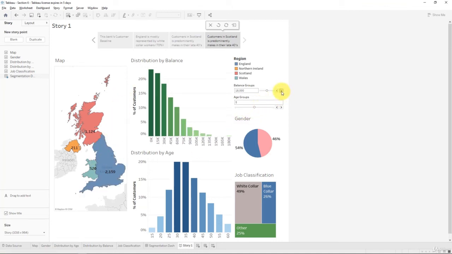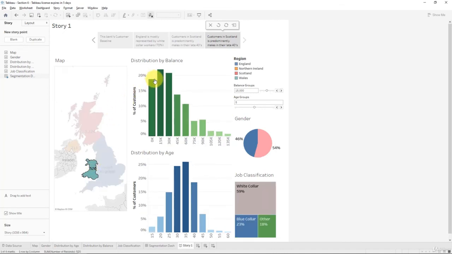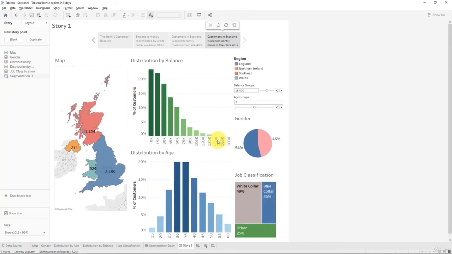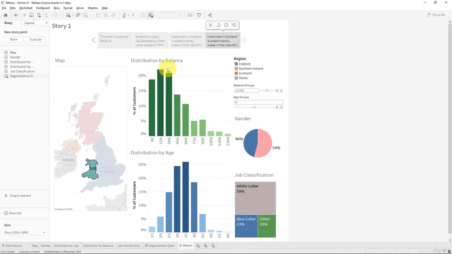change the balance group. So we're going to adjust this parameter and change it to 15,000 pound bands. And here you can see that it actually increases first and then drops off. So if I unclick Wales, in the baseline, you'll see that it always drops off like that. For Wales, it first increases. And so let's type in our insight for Wales. The insight for Wales is going to be: data for Wales shows an above average representation of mid-sized balances. There we go. So we can update that,